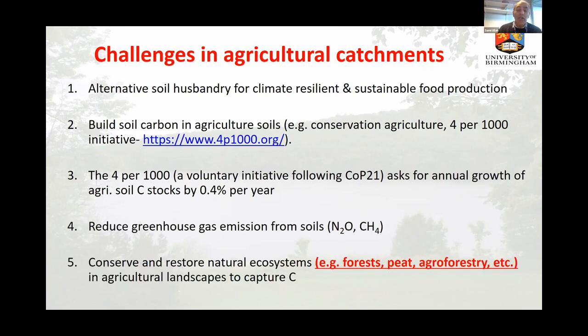Among these measures, there are calls for the reductions of greenhouse gas emissions that the previous speakers talked about, both nitrous oxide and methane. And because agriculture in our catchment is part of our mixed land use systems where we have forestry and peat systems, there are also calls for conserving and restoring natural ecosystems, forest, peat or agroforestry, to really diversify the landscapes, capture more carbon in soils and improve the overall health of our catchments. Now I mentioned forests, so